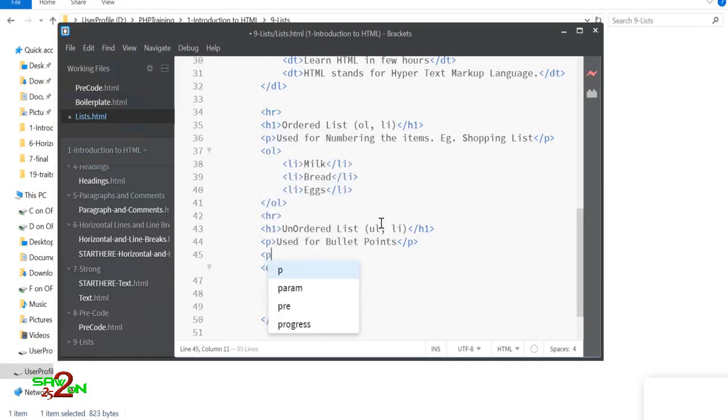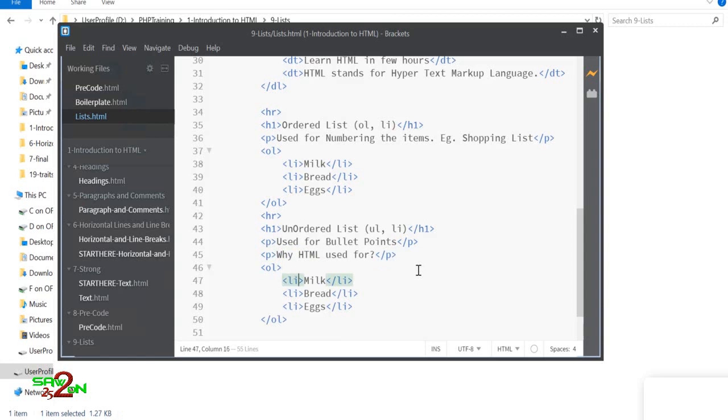You can add a paragraph here just to say why. Then you can add some bullet points there: create own web pages, design websites, and show off the skills.